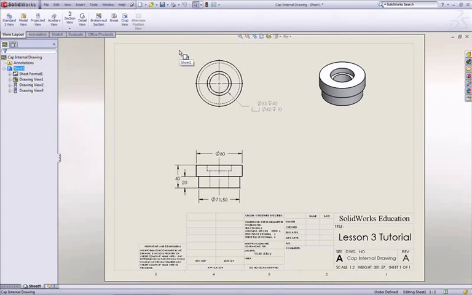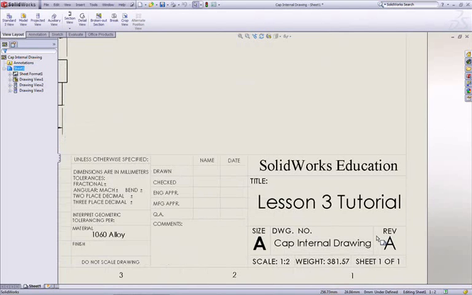When you create a drawing in SolidWorks, a template is used. The template includes this table at the bottom, which is called the title block. The title block contains information to assist in the manufacturing and tracking of the part. The title block includes, but is not limited to, the company name, title of the drawing, sheet size, drawing number or part number,